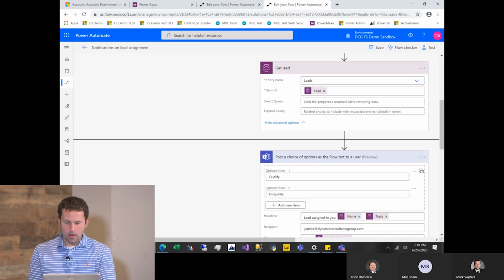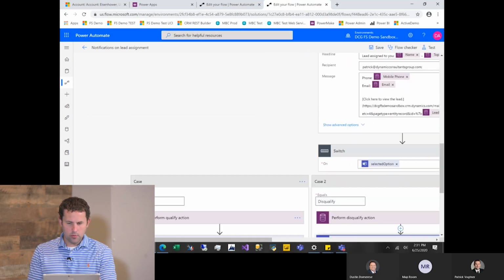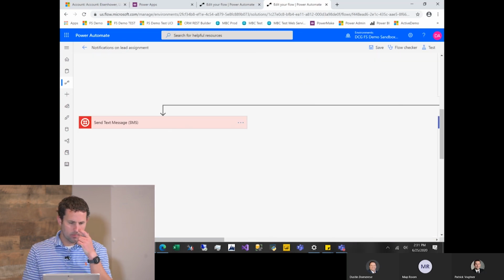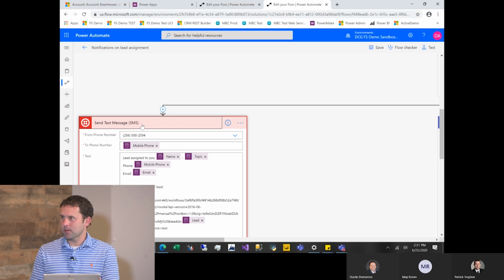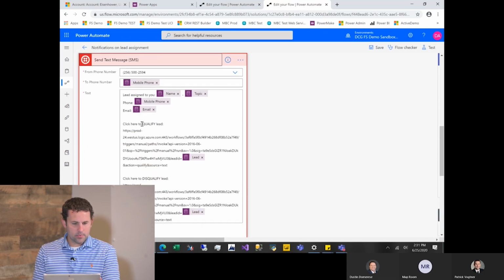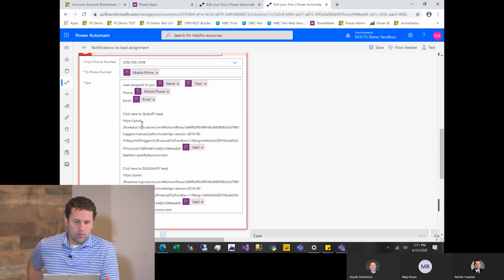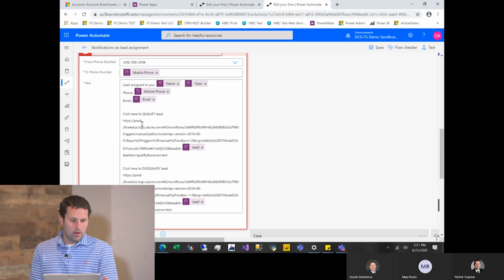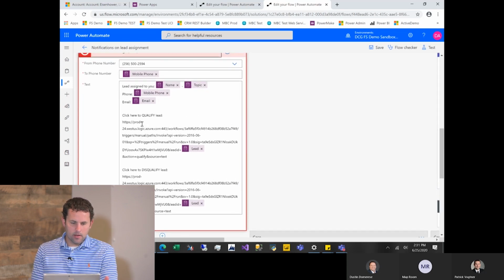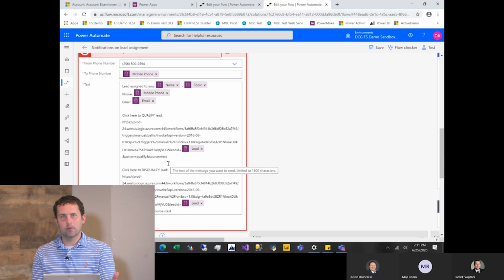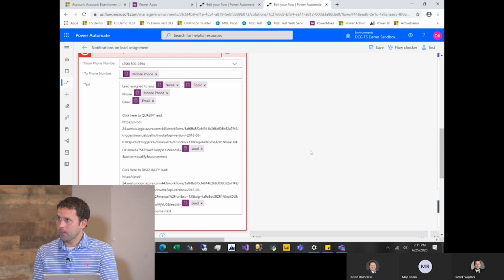Okay. We can take a look at Twilio. Twilio does require a subscription. This was done on a trial, so you probably noticed on my text message there, it did say my trial account. So here we have a phone number that's provided by Twilio. And then the phone number 2 would be the mobile phone that we are supplying. And then again, these are all just user information and lead information. It comes straight out of the CDS connector. No additional code or expressions needed.